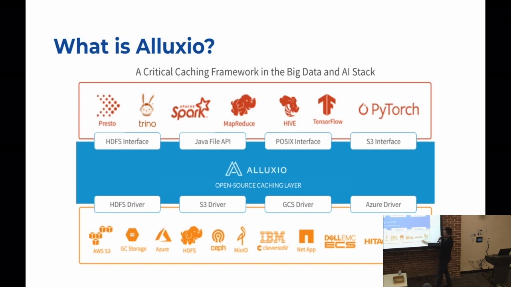You can have S3, HDFS, whatever, NetApp. You can have whatever the size is, but it can be very big, can be very small. Then all of your compute engines, something like Presto, I've been working on Presto for a while, and also something like MapReduce, something like Hive, and also your machine learning engines like PyTorch, like TensorFlow, they can access the data from